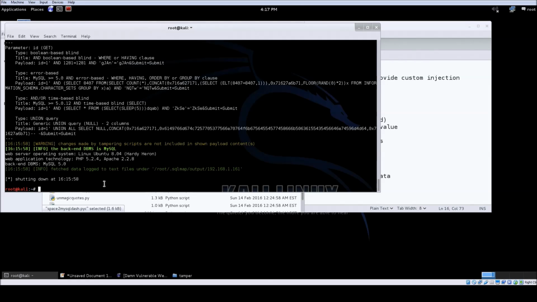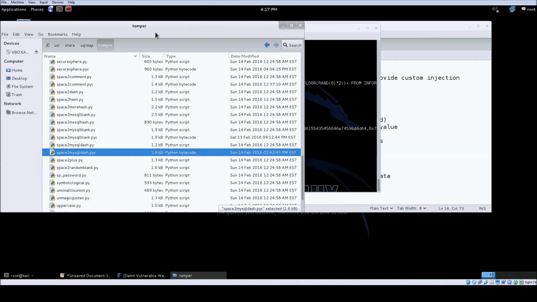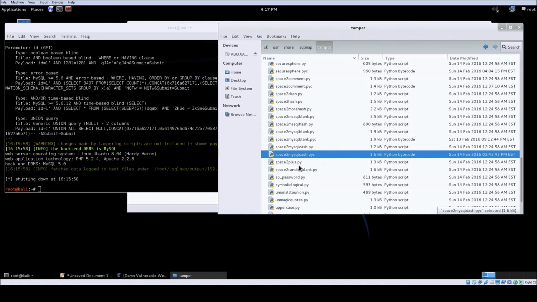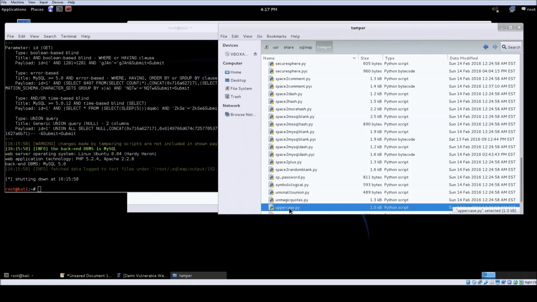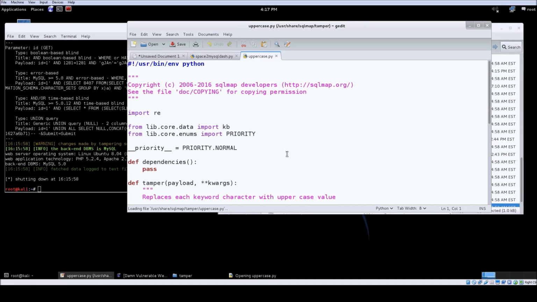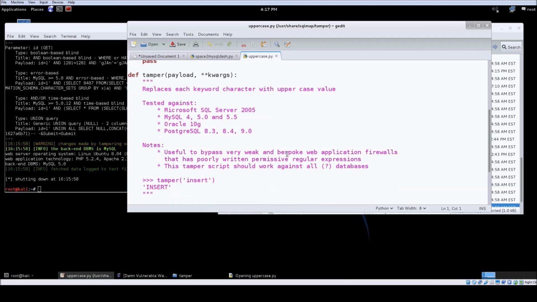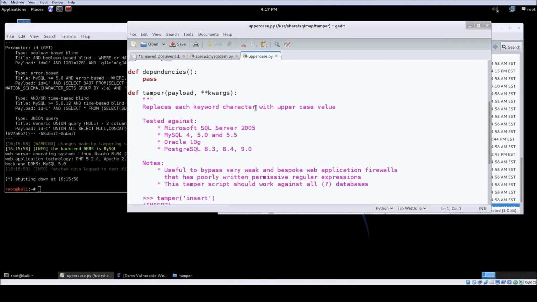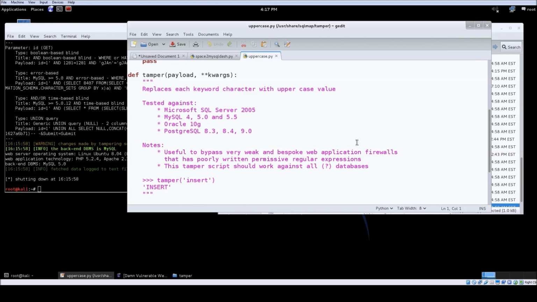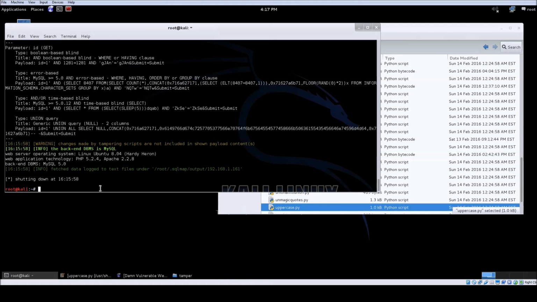Now, with the tamper scripts, it is possible to use more than one tamper script at the same time. So, say for example, I wanted to use, I don't know what, uppercase, for example. Let's just look at it and see what it does. Of course, I think it's kind of self-explanatory, but we can look and see which databases it runs against. And you can see that this one has been tested against all these four different databases. And all it does is replace each keyword character with uppercase letters. So you'd have an all uppercase select or union, whatever it may be,